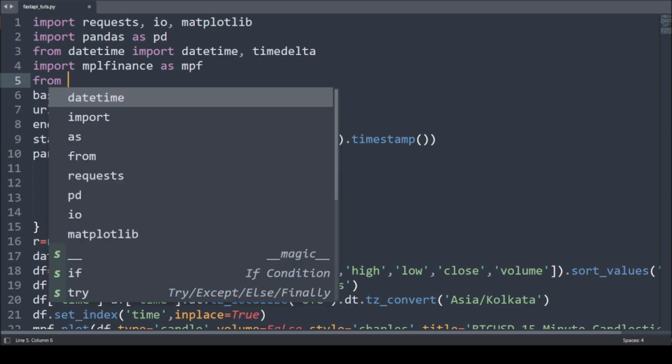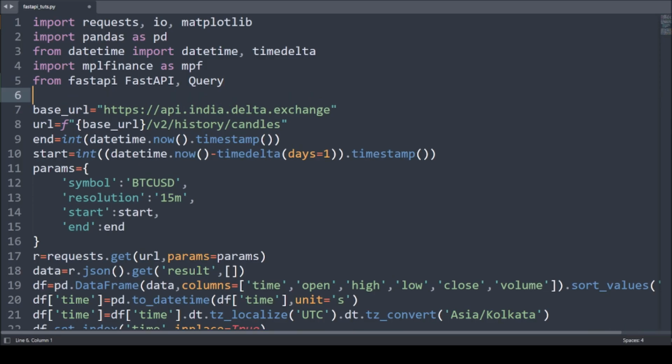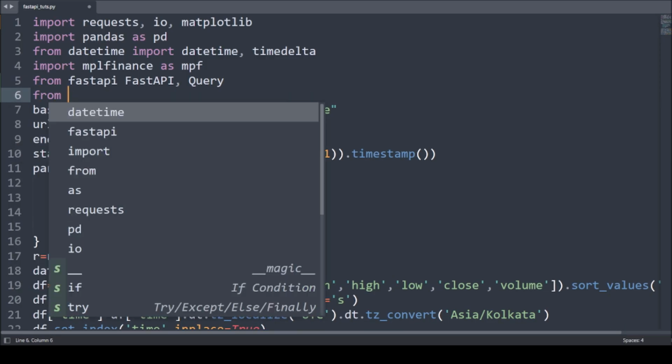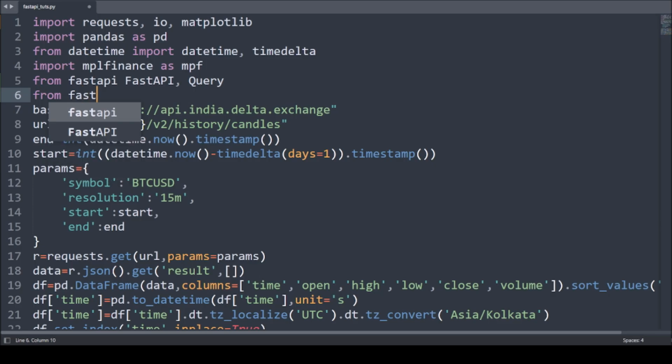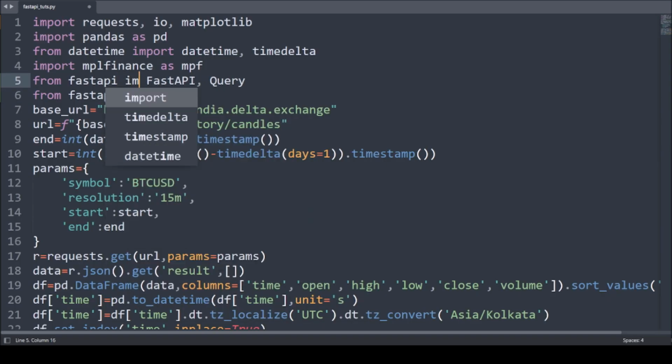So all I have to say is from FastAPI. So the FastAPI exact thing I have to call. Okay, and then I have to say about the query, in the sense whatever the input I have to give. So I need a query, and for a streaming response there will be one. I have to say from FastAPI, I have to include one more word, that will be import,